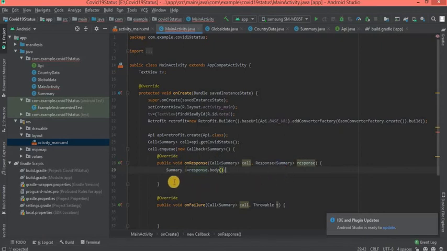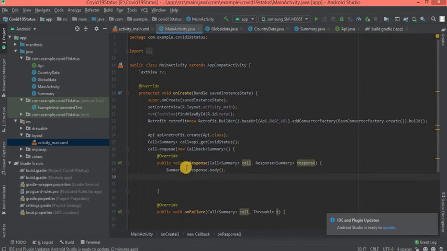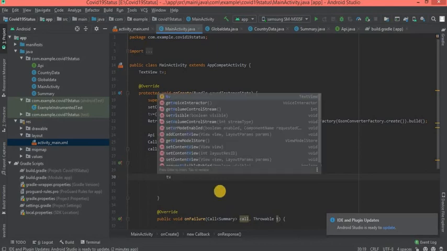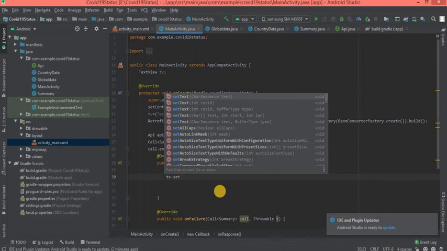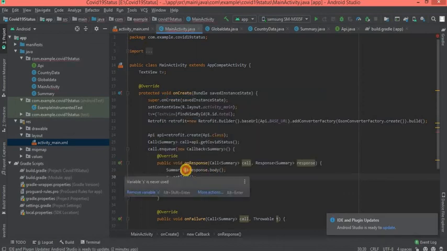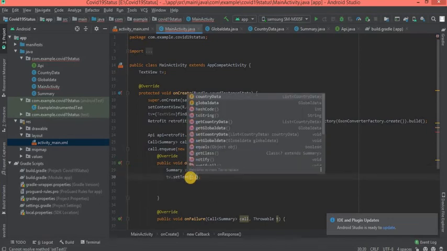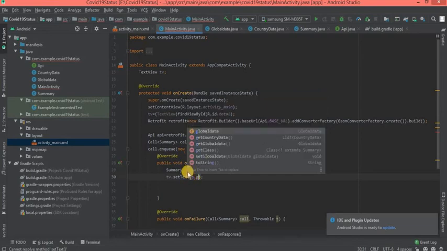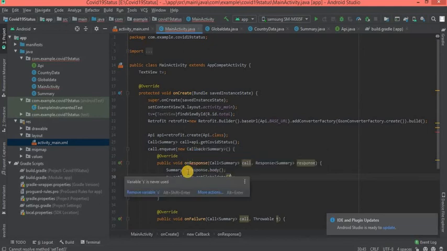Now the value is stored in S. Next, inside S we have total cases. tv dot setText equal to, we are going to set the values of total cases inside the S dot getGlobalData.